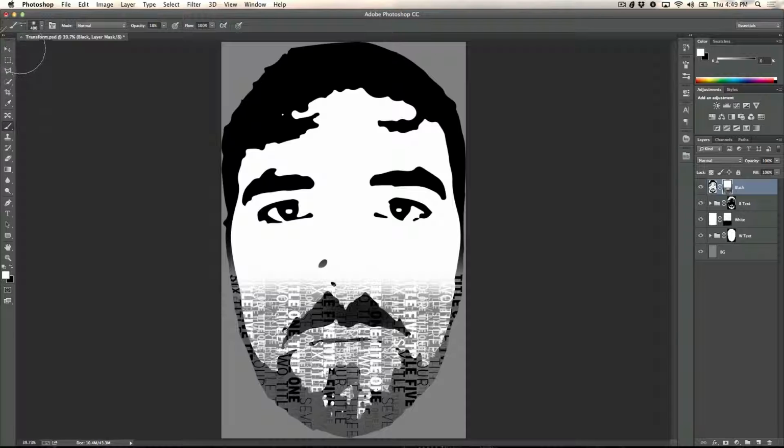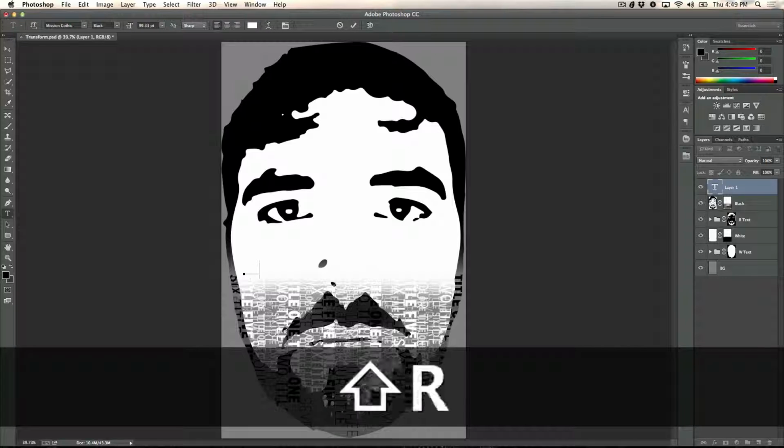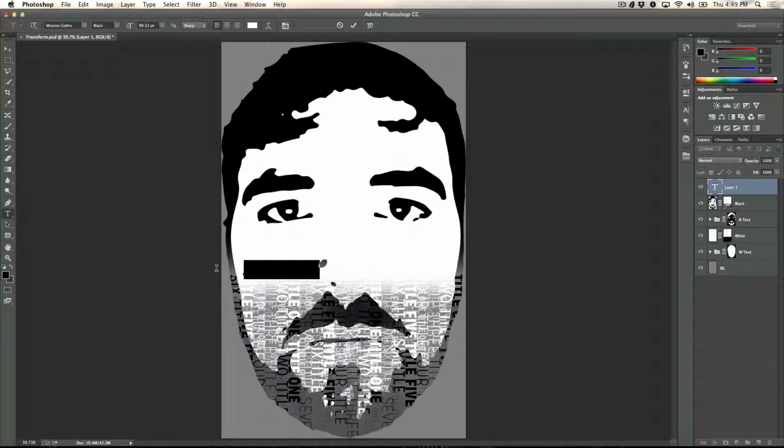The last part, since I'm getting totally distracted, go and get your type tool one more time. Make sure you have the thickest that you can have, which is Mission Gothic Black. And we're actually going to give ourselves the overall title, which in this case is Transform. Now, as you can see, I'm typing on white with white text, and it's not easy to see. So we're going to size it up,